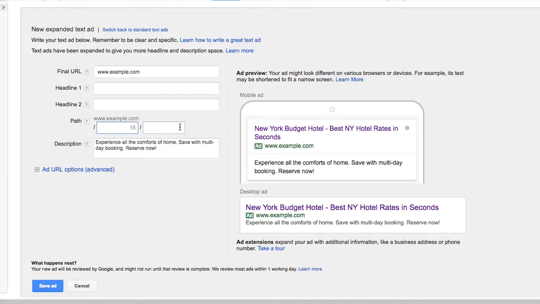And these are very good for giving more information. So it's no longer confined to a 35 character limit for your URL. If you have a long URL, which some of our clients certainly do, you could then use the remaining characters to put something else in there to make it more relevant to the person. But in this version, the new expanded text ads, you can have